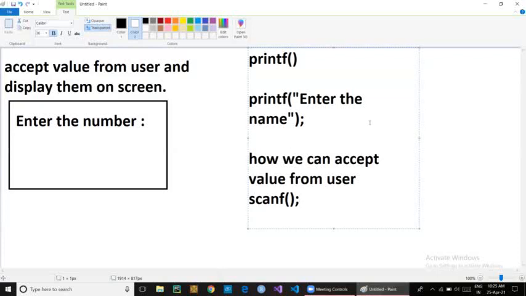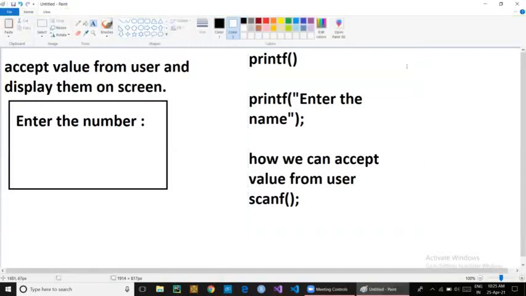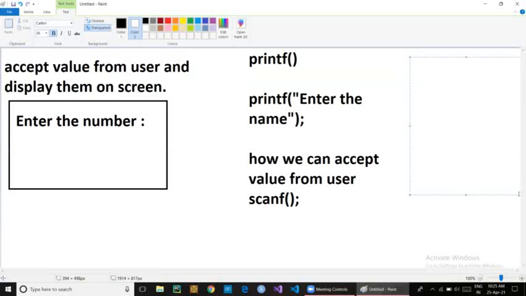Guys, remember one thing: if you want to accept a value from the user, then you have to mention its data type. Which type of data you are storing in the variable is very essential to give.